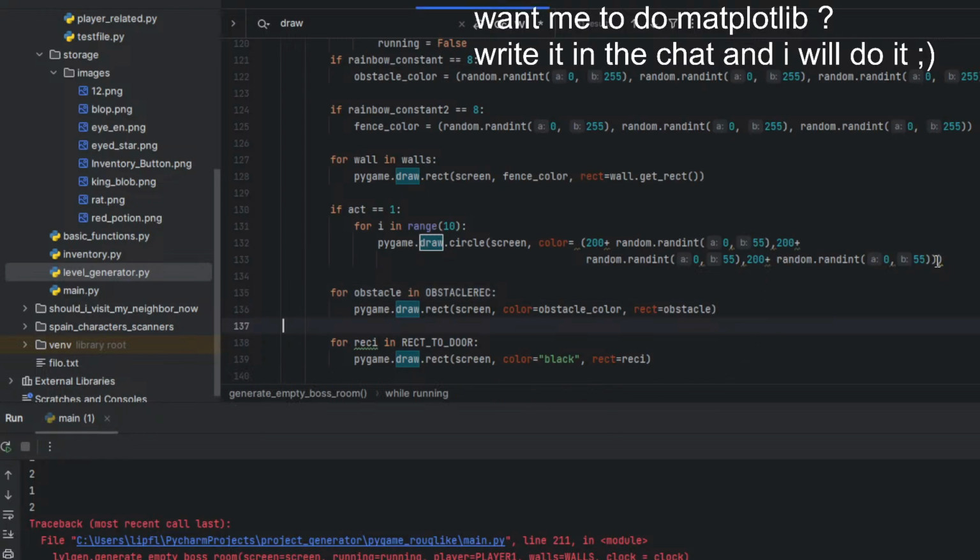One missing argument. Pause. X. Okay, yeah, I still need coordinates. So how do I try finding out?